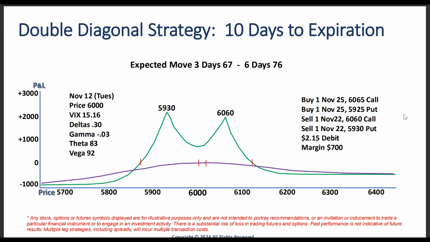Now, if you ask where the double diagonal fits in, the double diagonal would be a first cousin of the iron condor. To put it in as plain English as I can think of, a double diagonal has the same foundation as an iron condor, selling an out of the money call and put. The only difference is that when the VIX and option volatilities are at the lower end of the range, I would do a double diagonal. When option volatilities are a little bit higher, I would do the iron condor.